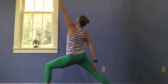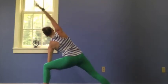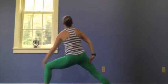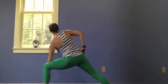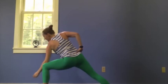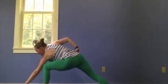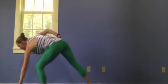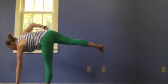Inhale, reverse. Exhale, elbow to knee. Inhale to reverse. Exhale, elbow to knee. And we'll take half moon pose. So grab your block, left hand to the hip, hop that back foot forward, reach up, kick up through that